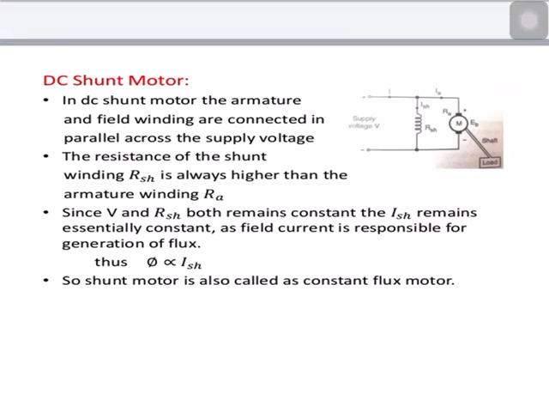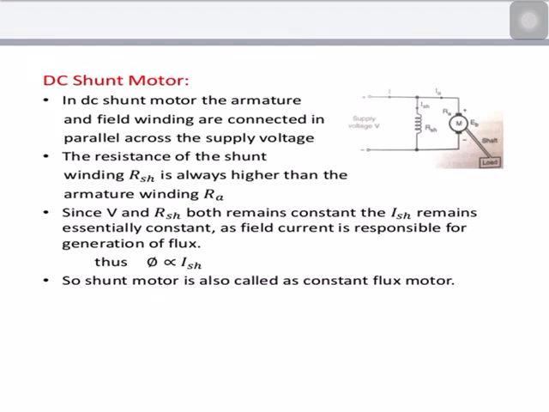Today we will see the characteristics of shunt motor, series motor, and compound motors. Generally, we know a DC motor is a device that works on the principle of Faraday's laws of electromagnetic induction. It converts electrical energy into mechanical energy, and we can use it in household appliances and in large industries for operating heavy loads.